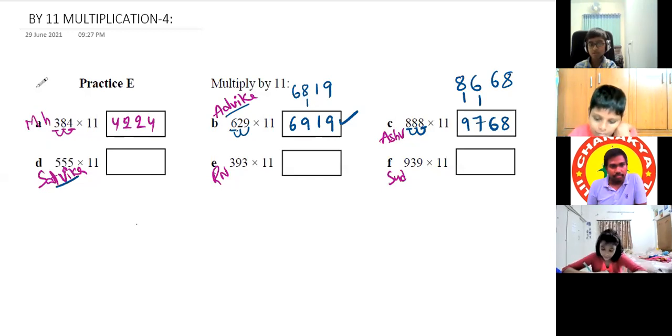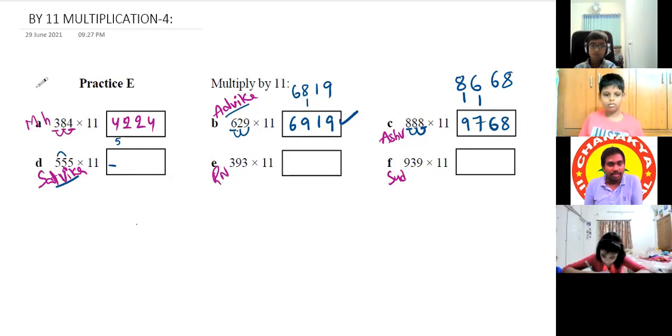Satvika. Yes, sir. So we'll put 5 as it is. Okay. Sir, and then 5 plus 5 is 10, and we'll put 1 as carryover. How can it be 5 as it is? In the n number, you are going to deal with n numbers, so it cannot be 5. Because the next place is carry, right? Yeah, 5 plus 5 is 10, and we'll put 1 as carryover.